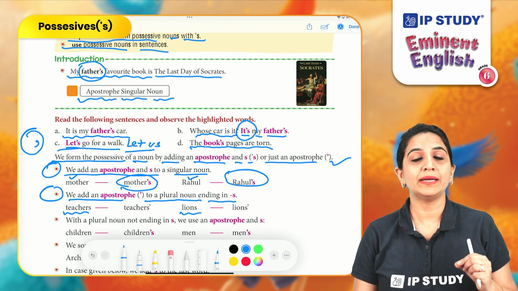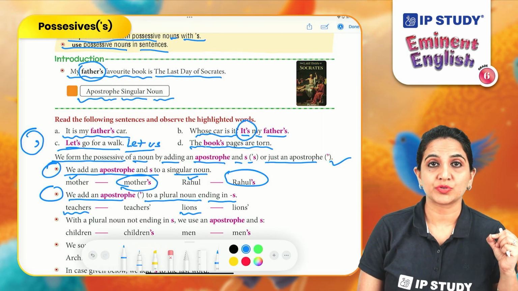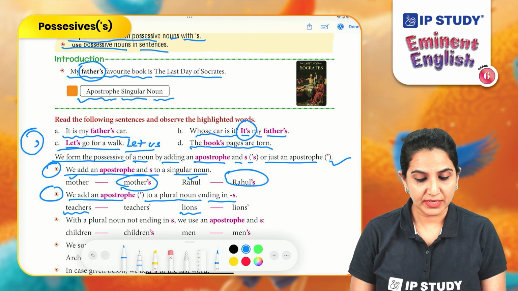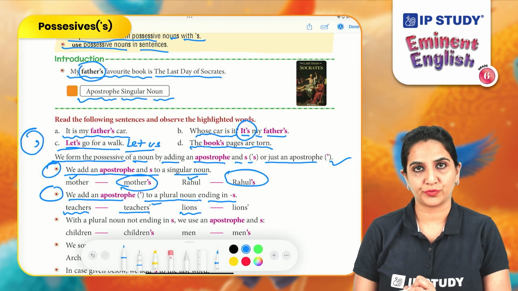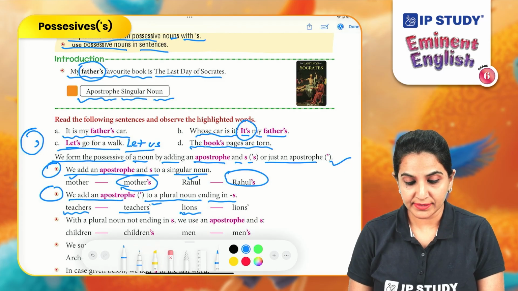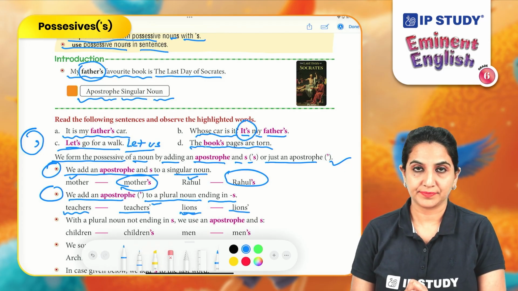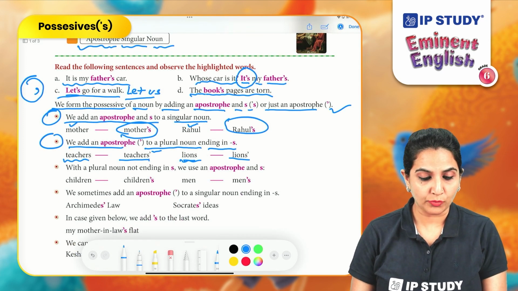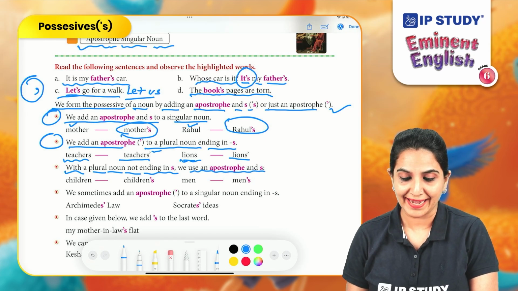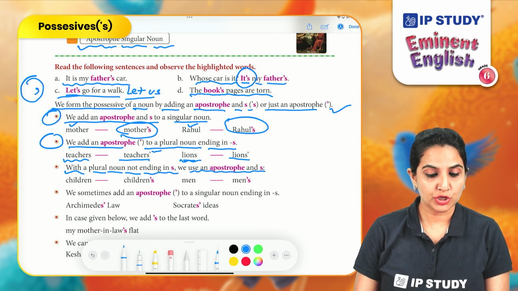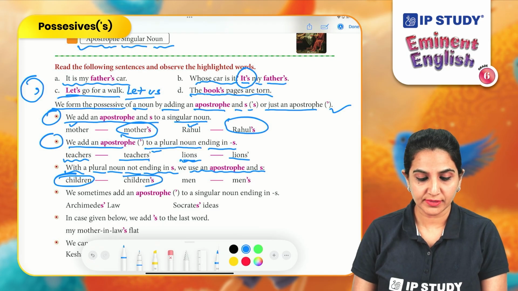Hence, we will only add an apostrophe, like teachers'. After the noun teachers, we simply added apostrophe. Lions'. With a plural noun not ending in S, we use an apostrophe and S together, like children, children's,